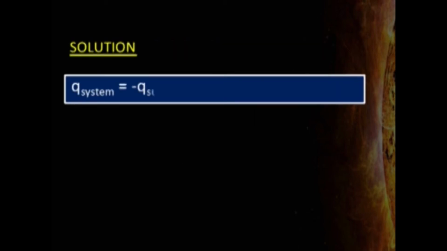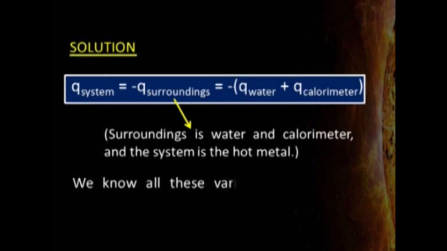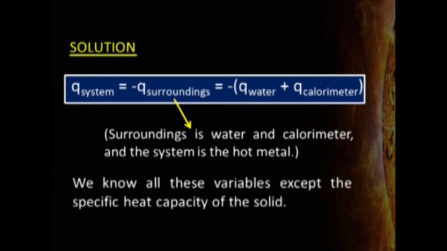Now, Q of system will be equal to minus Q of surroundings. Here surroundings is water and calorimeter and the system is the hot metal. We know all these variables except the specific heat capacity of the solid. So, substituting all the values in the equation, we will get